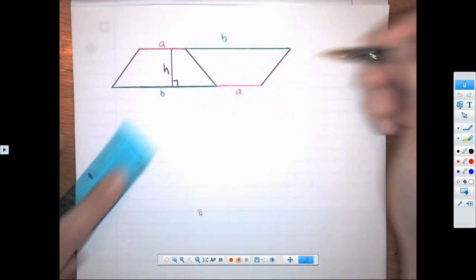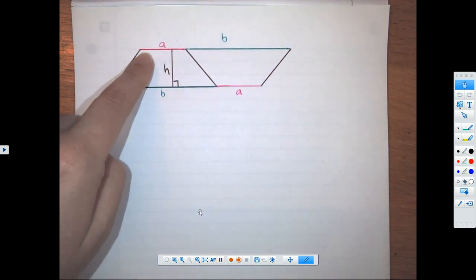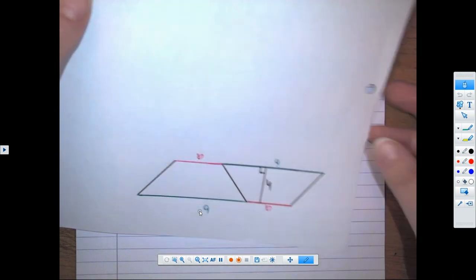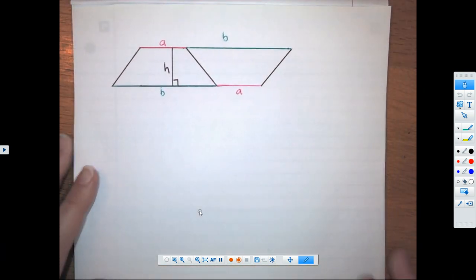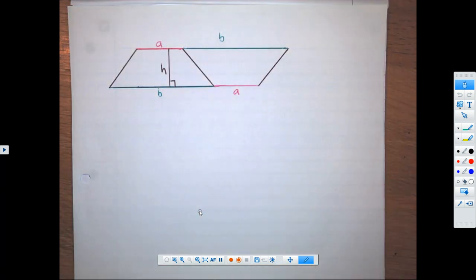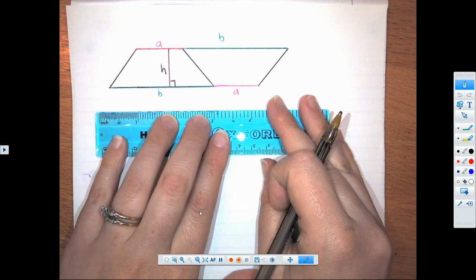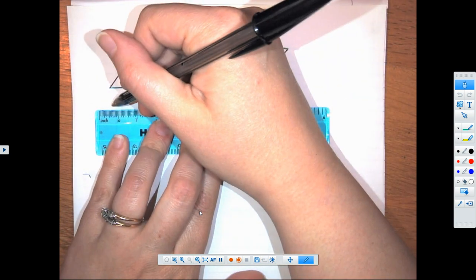All right, so those are exactly the same shape. What I've actually done is I've rotated this one 180 degrees and then placed it on the other side. And by doing that, I've created a parallelogram. But I'm hoping what you'll notice, just like in the last example,